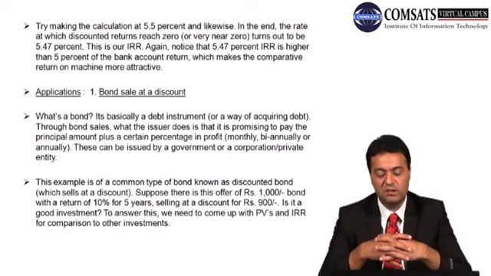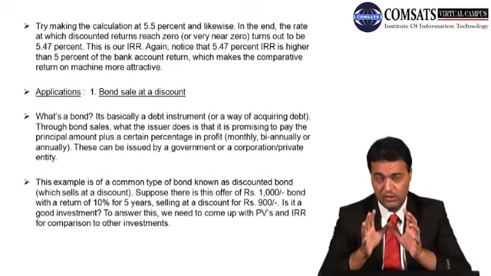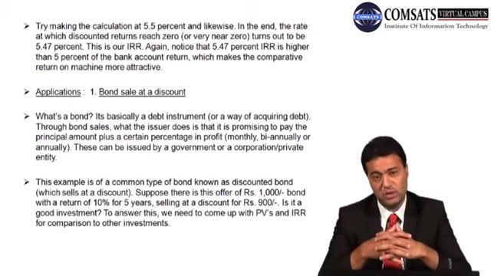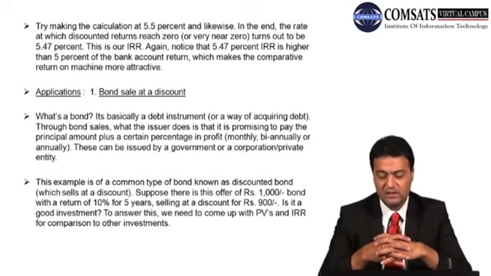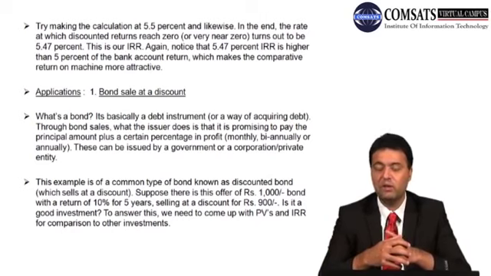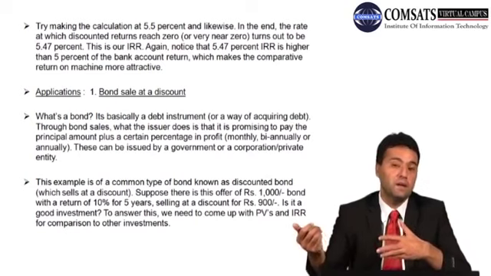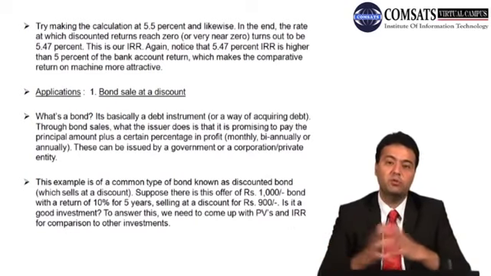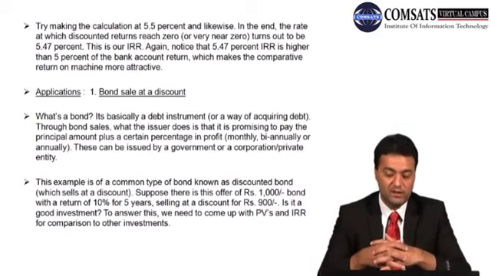The example is of a common type of bond known as a discounted bond. Suppose there is this offer of rupees 1000 bond with a return of 10% for 5 years. 5 साल का वक्फा है बॉन्ड का, 5 साल का बॉन्ड है और उस पर 10% जो है मुनाफा है, शरह मुनाफा सालाना, सेलिंग एट अ डिस्काउंट ऑफ रुपीज 900। अब वो 1000 रुपए का बॉन्ड है लेकिन 1000 रुपए का खरीदना नहीं पड़ेगा हमें, वो उस डिस्काउंट पे दे रहे हैं, कीमत कम करके दे रहे हैं, 900 रुपए पे दे रहे हैं। आप ये कह सकते हैं कि ये भी इन्वेस्टर को अट्रैक्ट करने का एक तरीका है कि एकदम इमीडिएटली वो 100 रुपए का उसको बचत हो रही है और 100 रुपए का मुनाफा वो रियलाइज कर रहा है।